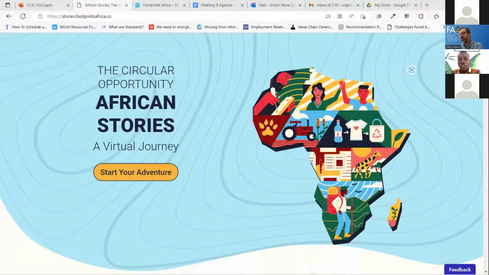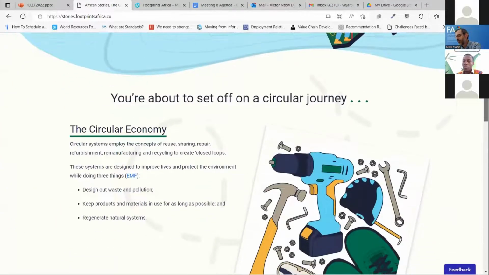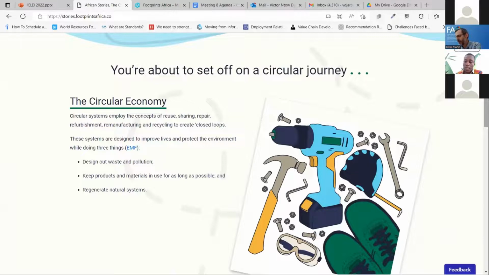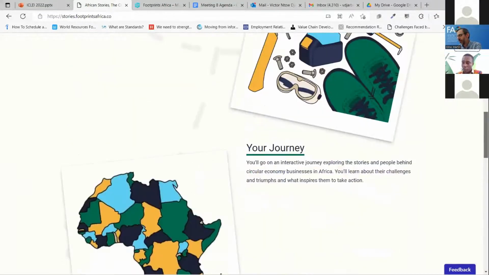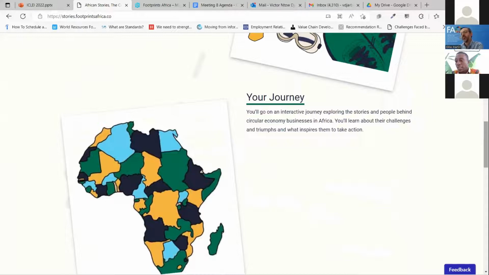So when you click on the link, it should bring you to this landing page. You could start your adventure by clicking here, but that would usually just take you down to the created journeys. Just taking you through this landing page, when you scroll down, you have a brief definition of circular economy. You can click on the link with the Ellen MacArthur Foundation to read a little more on the circular economy. Then when you scroll down, it tells you that you will be taken on a journey. That's how the cases have been arranged, so that it isn't a block of text that you have to read, but it's like you going through a journey, making it easier for you to follow and understand the case studies.